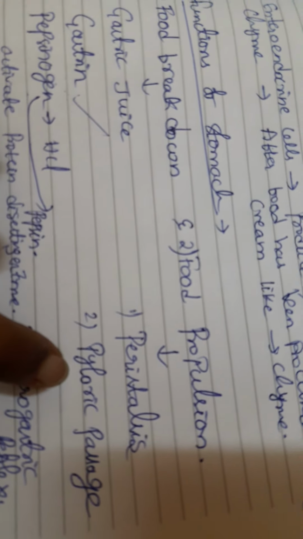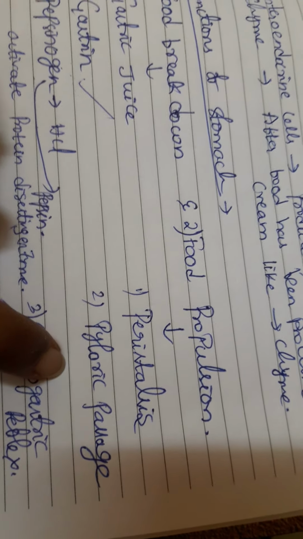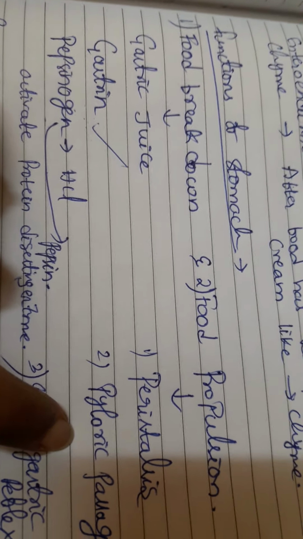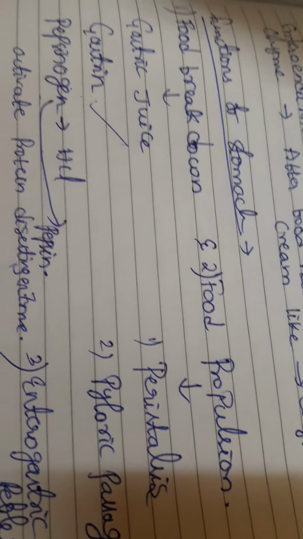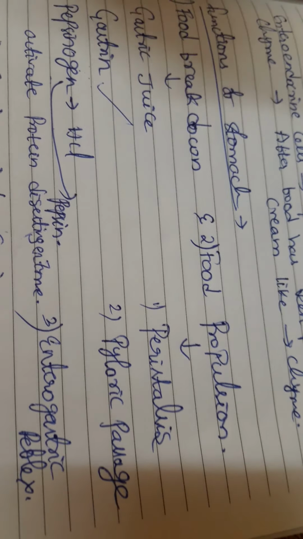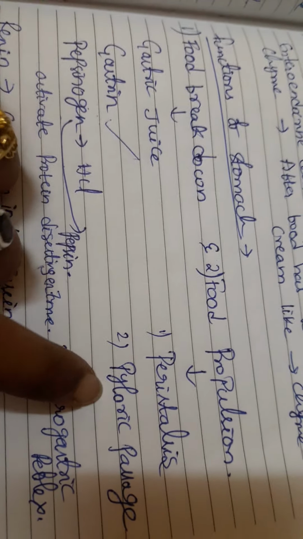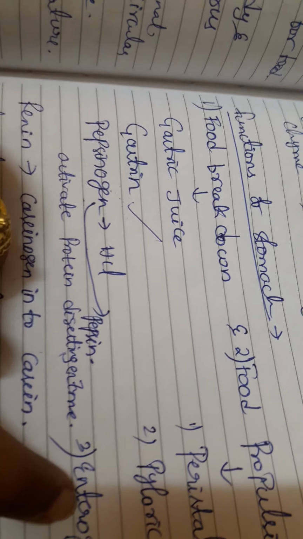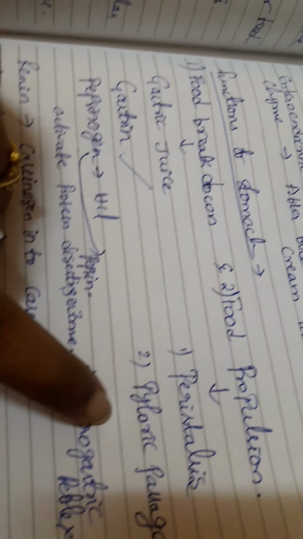And next, pyloric passage. The pylorus of the stomach, which holds about 30 ml of chyme, acts like a meter that allows only liquids and very small particles to pass through the pyloric sphincter. So the pyloric sphincter controls the passage of food from the stomach to the small intestine. Only 30 ml of chyme will enter the intestine, and by each contraction of the stomach muscle, it squirts 3 ml or less of chyme into the small intestine.